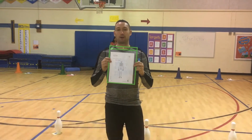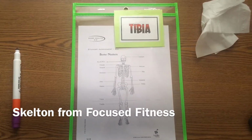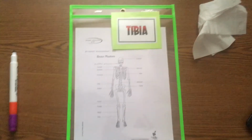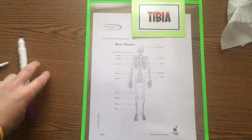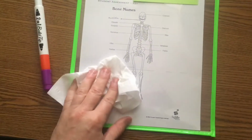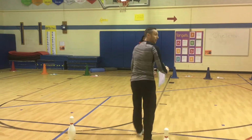All right, boys and girls, what we're going to be doing today is playing a game called Boneyard Bowling. And so what you guys are going to have are these skeletons right here. You're going to have a dry erase marker so that if you make any marks, you can actually use a tissue paper and get it cleaned off. So, in this game,